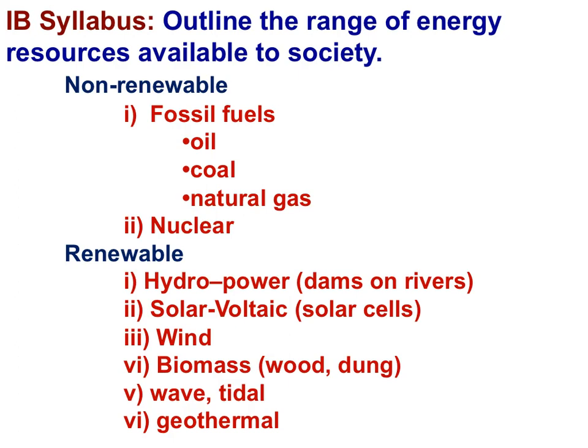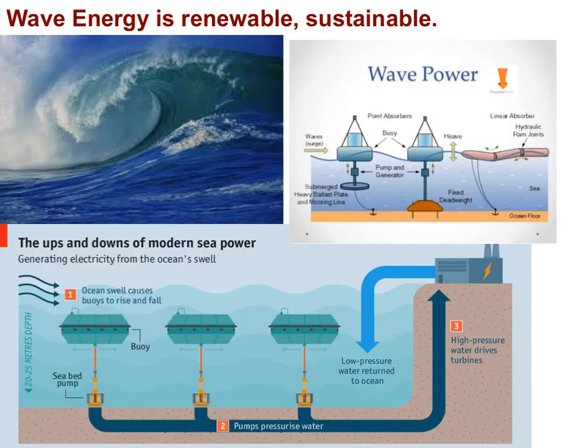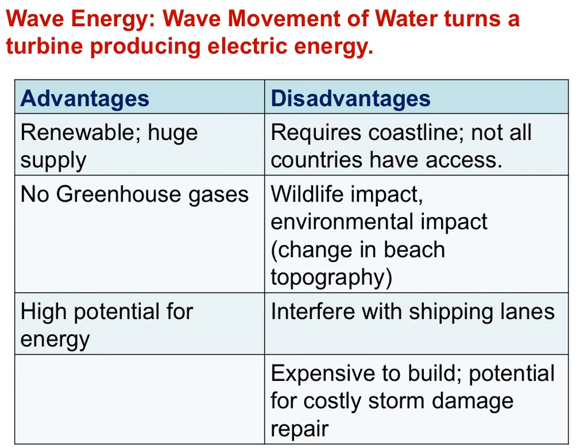We're almost done. Wave power is a huge source of potential renewable energy, only for the countries with access to coastline. Technology is required to appropriately harness wave or tidal energy, and the technology is expensive. Here is a table that compares the advantages and disadvantages of wave energy as a source of energy for societies. You can stop the movie now and study this slide on your own.